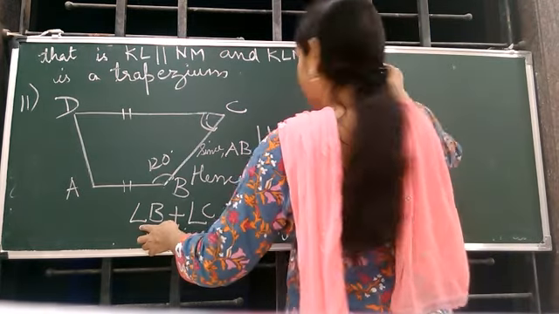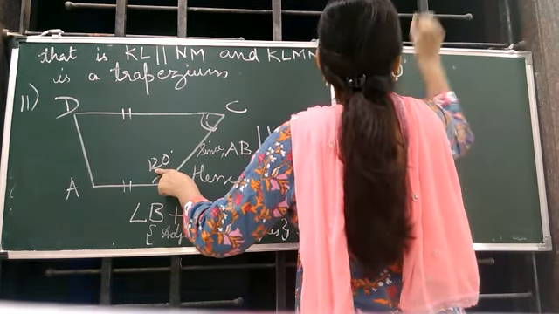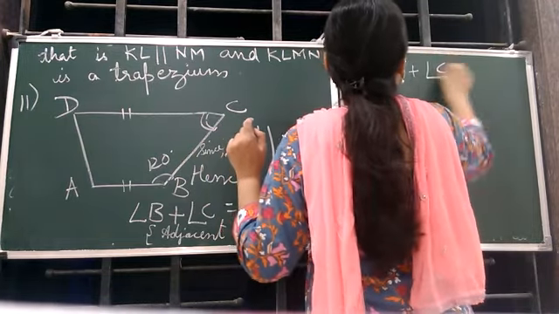So we put the value of B, 120 degree plus angle C